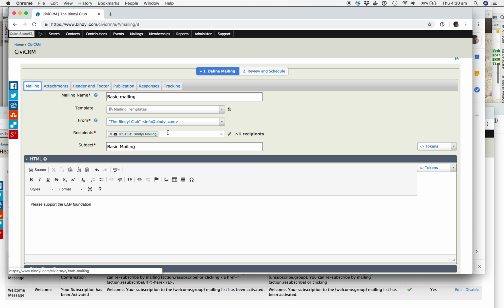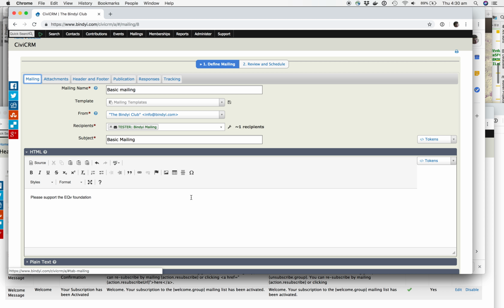It could come from a search, so you could send a mailing to everybody by geographic region, or by whether their membership's up, or anything like that from the membership system, or if they've donated in the past, or just anyone who's interested, which is probably the simplest thing. So any kind of search can be turned into a group, and the group system where people subscribe to a group